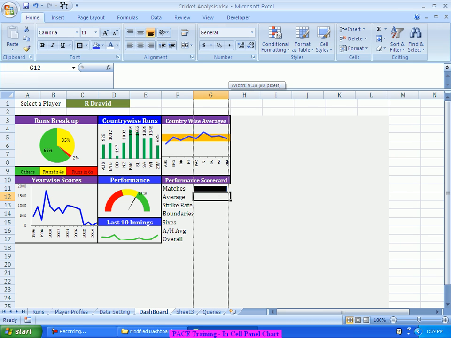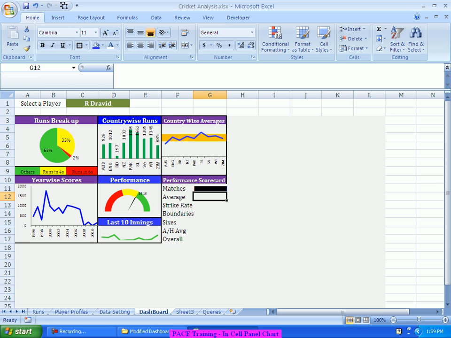Right? Don't try to stretch it too much. Your other graphs may get disturbed. Yes, so now what you can very well do is you can drag this stuff. So you see that in different cases the numbers are plotted differently, and this is purely based on your cell